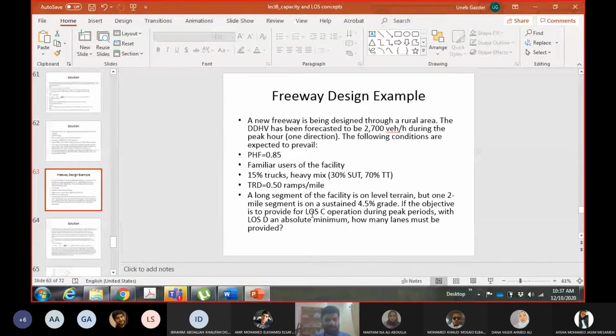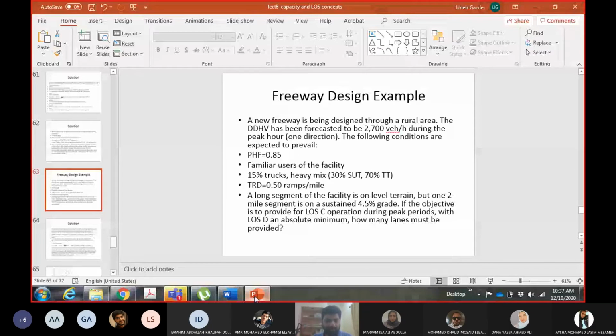I will cover this today, and inshallah we will do the remaining two examples on Sunday. The remaining two examples are completely different, so they will also take some time. But as far as your term project is concerned, it was covered in the first two examples, either the multi-lane highway or the freeway. So we have covered the operational design of both highways. You are either doing this or that.